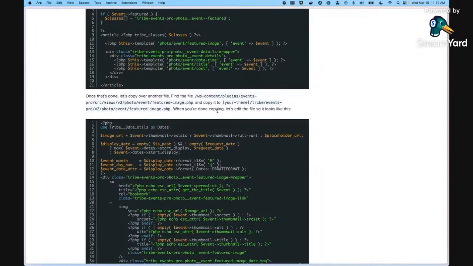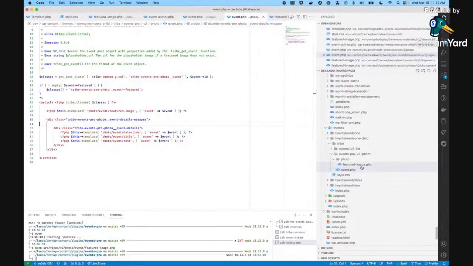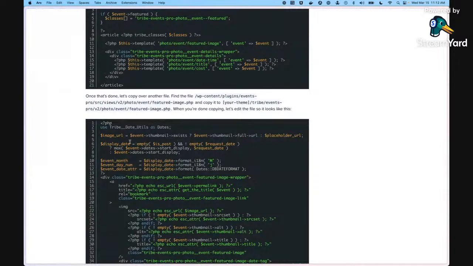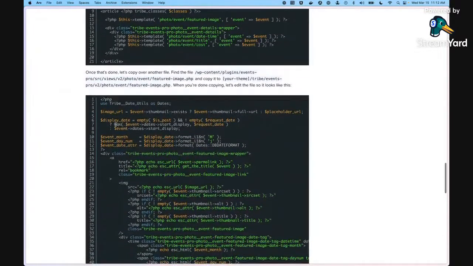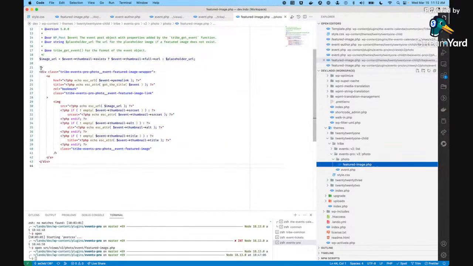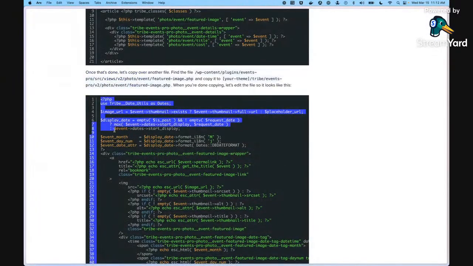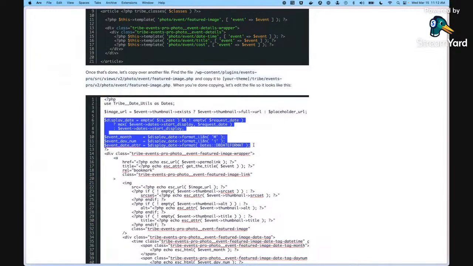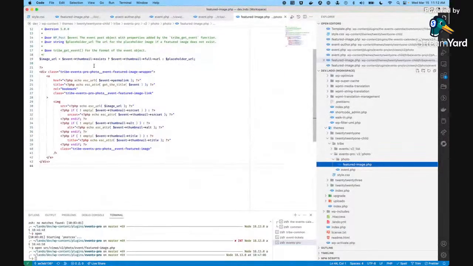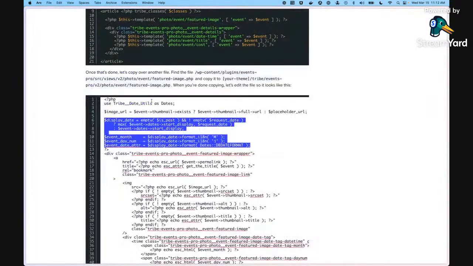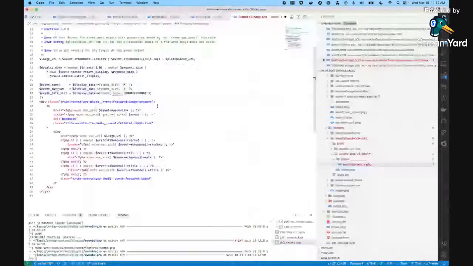and we're going to copy it, which I have already done here, so you don't have to see me creating a bunch of files. Here's our featured image file, and then it says to edit it, and this is what we're adding. We have the image URL, right? But after that, we're adding display date. Let's do this. By the way, I just double clicked on the code that's in the article in case you didn't catch that. That's how I made that a little easier to copy,